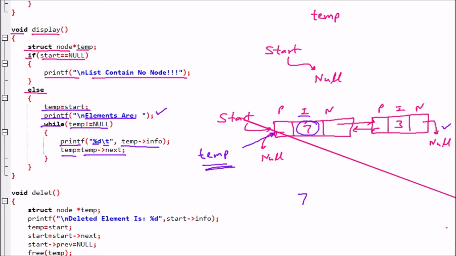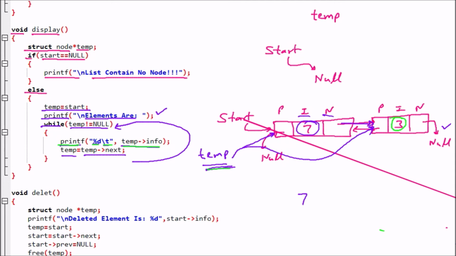So temp next is pointing to the next node, so this temp is now pointing to the next node here, and afterward it will go back to check the condition: is temp null? Temp is not null, there is a node, so again it will work. So now here it is again saying printf %d \t or tab space temp info.